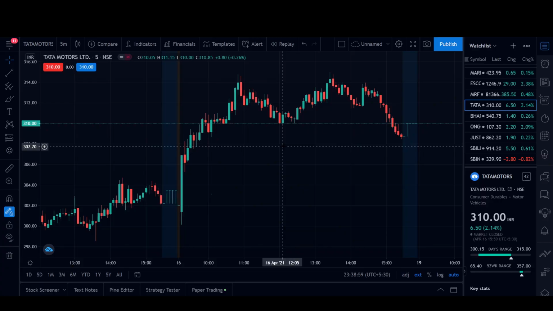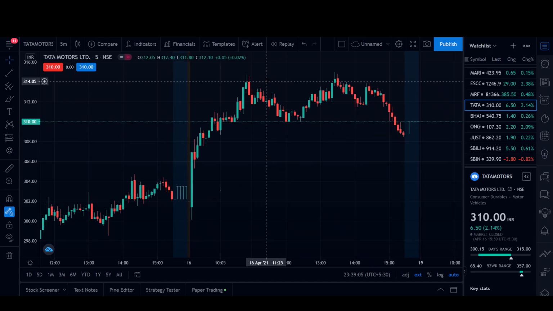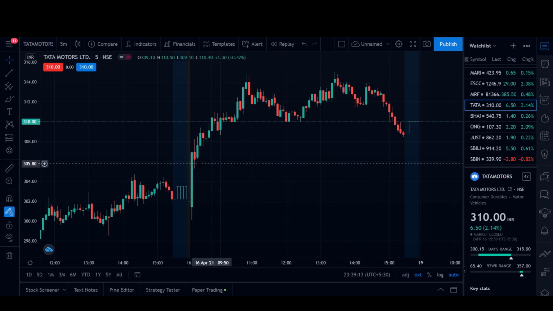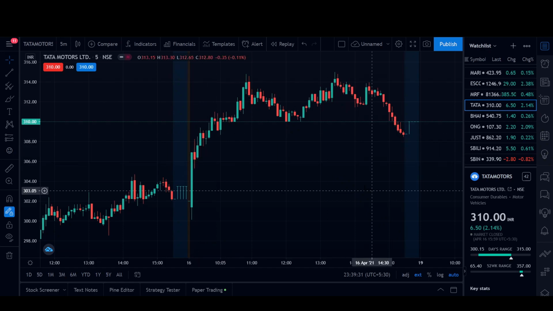So guys, now I'll be showing you what the strategy is. Before I tell you about the indicators and what we're going to do here, let me take you through some basics of the strategy, of actually any intraday strategy. First, you have to wait for at least 3 to 4 candles, 5 minute candles, to be formed. This strategy works best on the 5 minute time frame. So wait for a minimum of 2 to 3 candles to be formed, so we get to know where the trend is going to go.